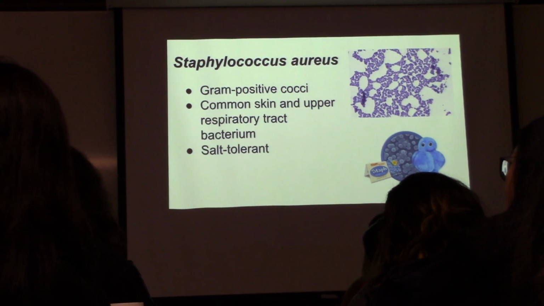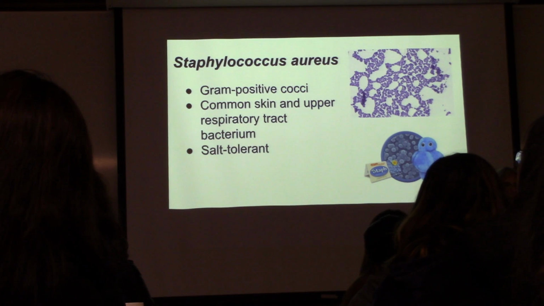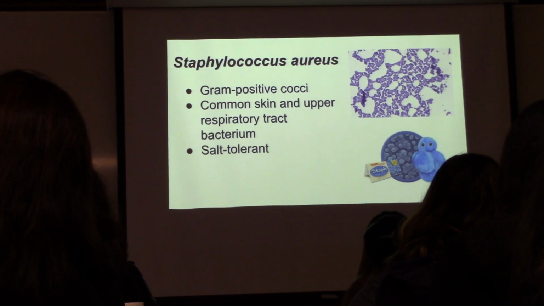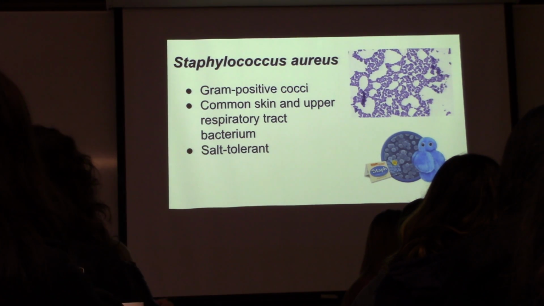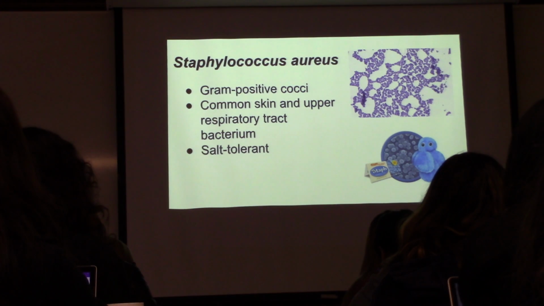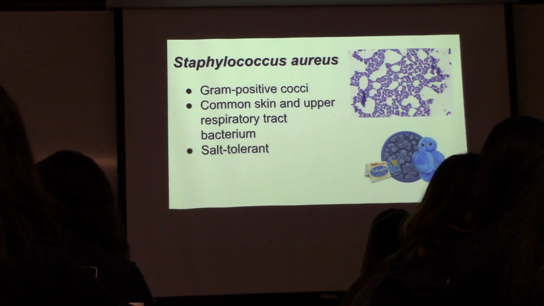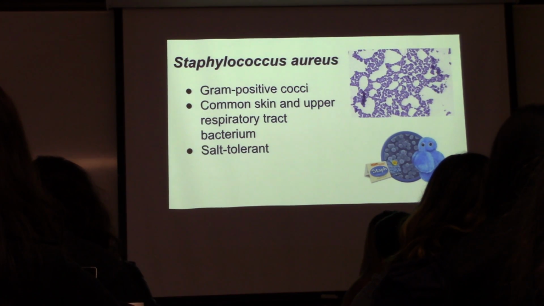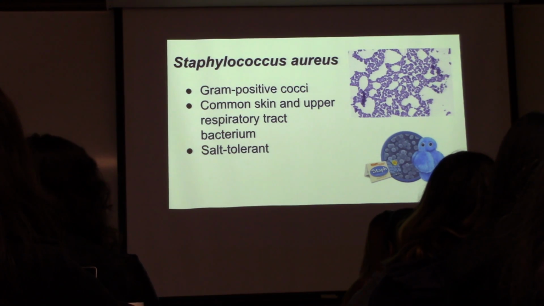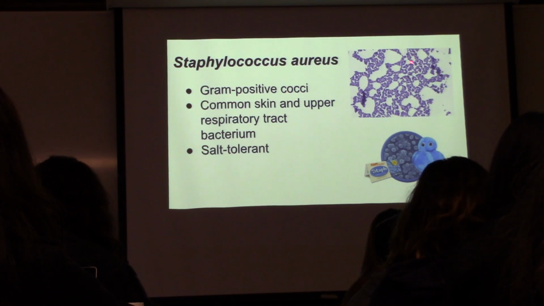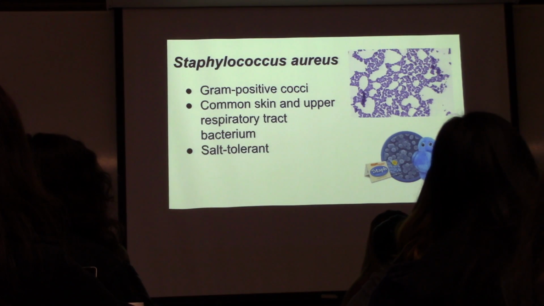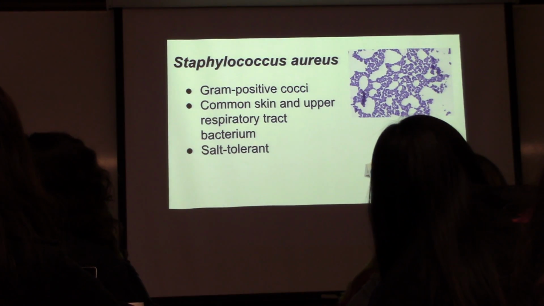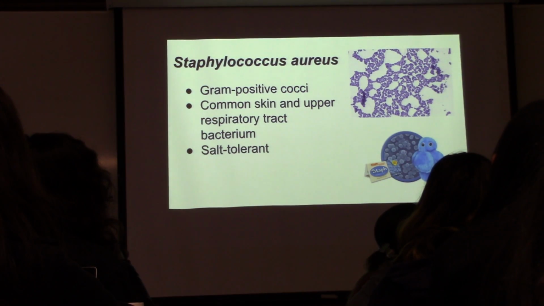Staph aureus, a lot of you saw staph last week under the microscope. And hopefully, if you showed it to me, I said, oh, that looks like staph. It might have been staph epidermidis because it looks the same under the microscope. And in fact, it's probably more likely to be staph epidermidis because pretty much everyone has that one. But staph aureus is maybe a third of people. But if you saw beautiful little clusters like this, they look like grapes under the microscope, and if you stain them